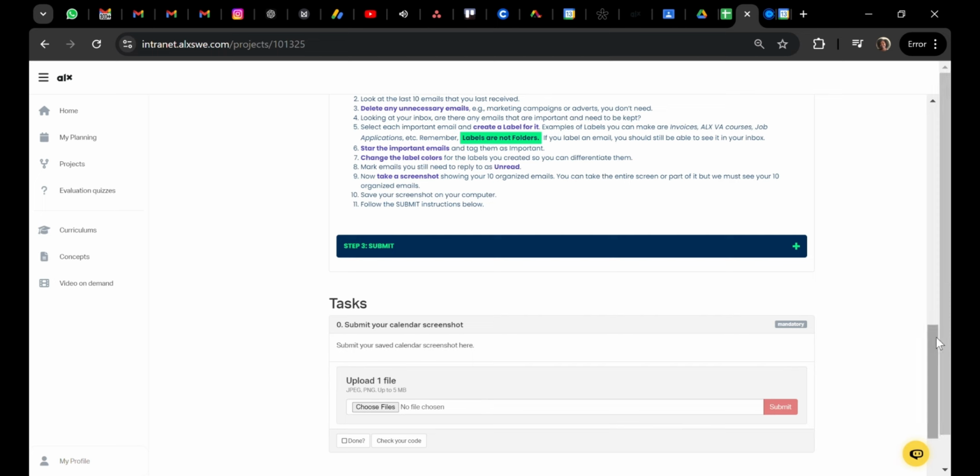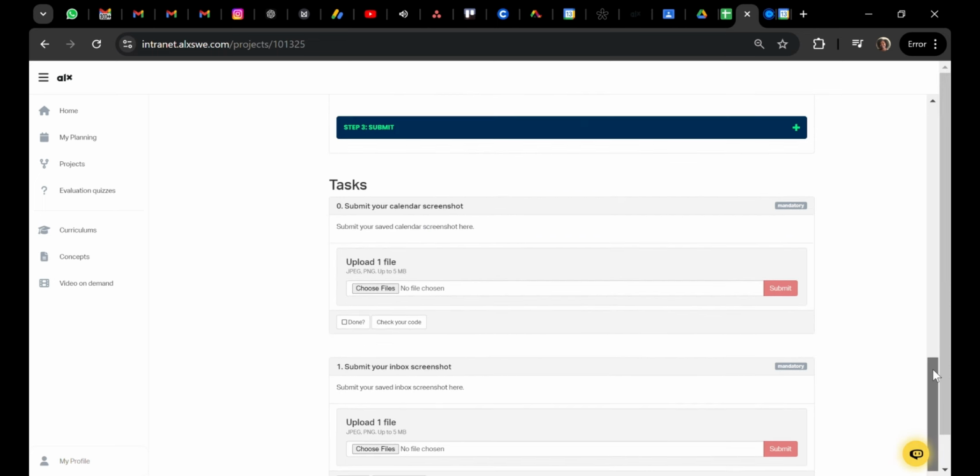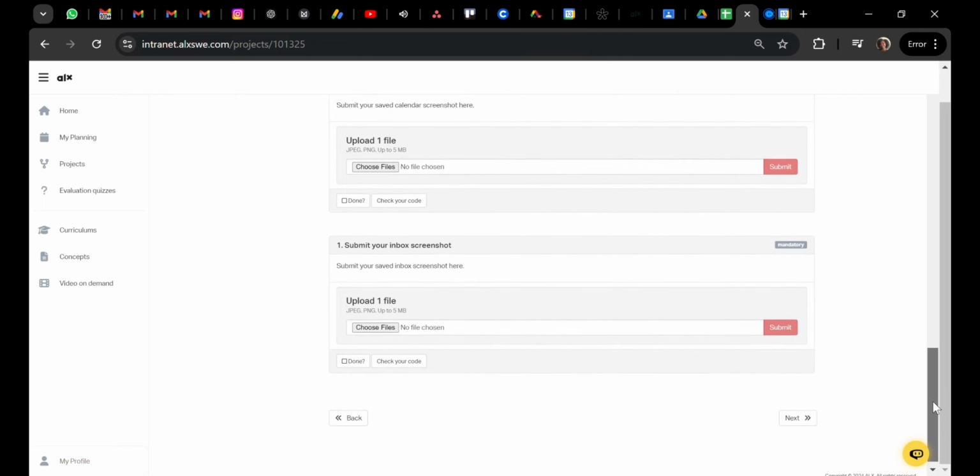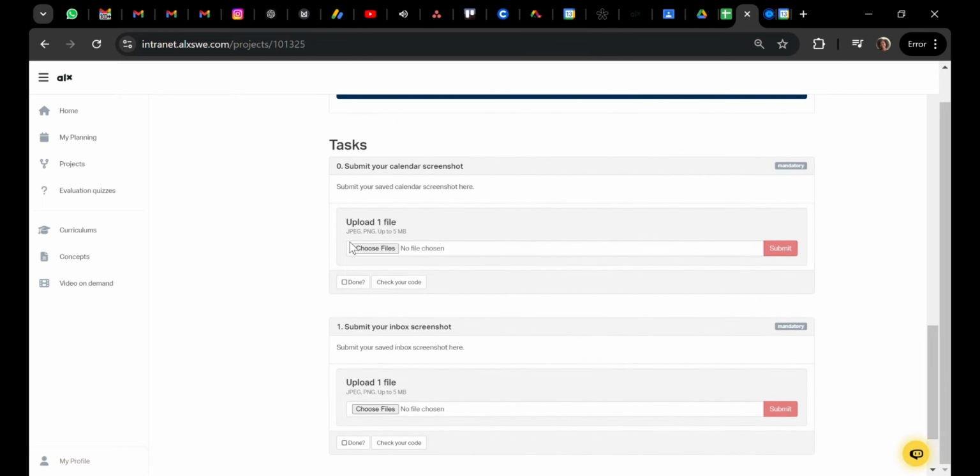And then now when you go down, this is where I was telling you you'll need to make your submission. You're going to submit your activity under the milestone. That means you need to select a file. Remember, you already saved the 2 screenshots for calendar management and inbox management.